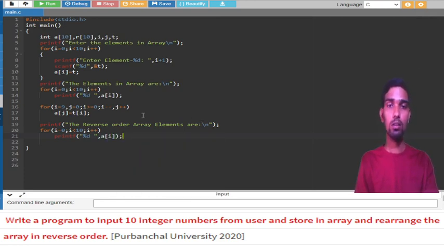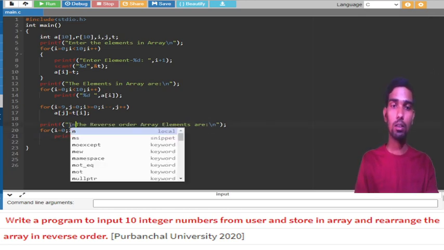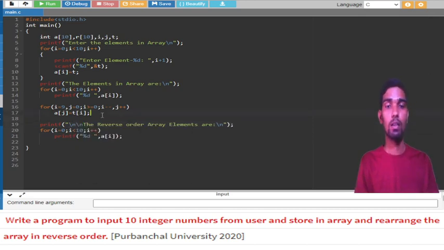So this is done. I will also go for a little line break so it will look good. Okay, basic structure we have to do int main with return 0, right? Let me execute it and show you the output.